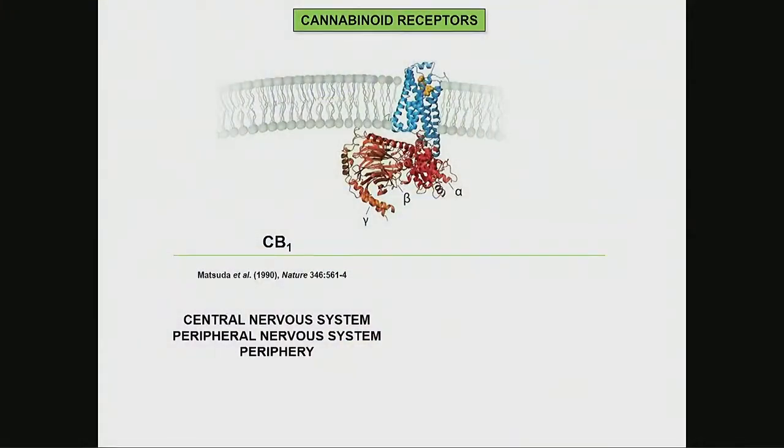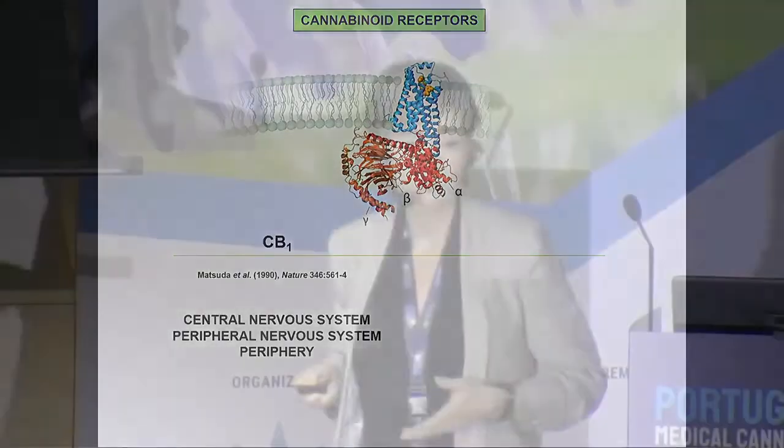So how do these compounds produce effects? Well, they produce effects in our bodies because we do have cannabinoid receptors. These receptors are molecules on the surface of our cells that specifically bind these cannabinoid molecules. The first of these receptors discovered was named CB1, almost 20 years ago. We can find it in the central nervous system, the peripheral nervous system, all over the place. We have CB1 receptors everywhere, basically.